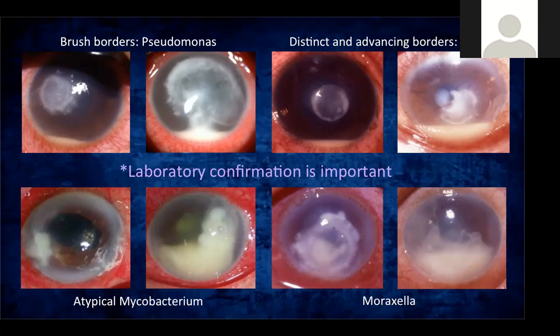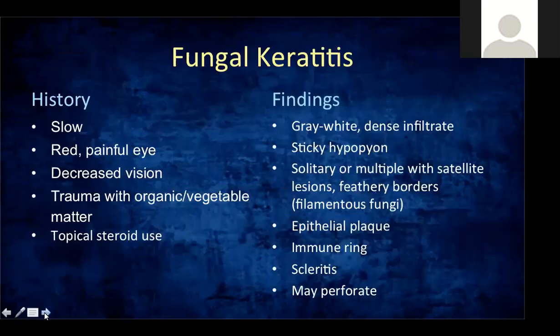So it's difficult to just rely on the appearance that you see. Sometimes they can look similar. So we do have to request for gram stains and culture. We take a corneal scraping, we put it on a slide and we put it in culture media and we send to the lab. However, medyo matagal bago bumalik. So most of the time we treat empirically. So we use broad spectrum antibiotics.